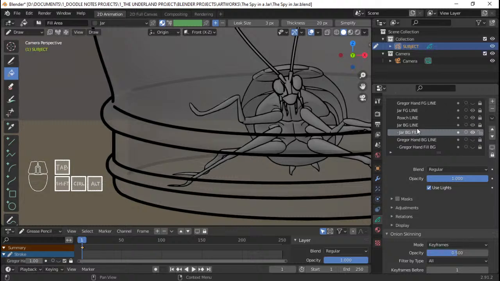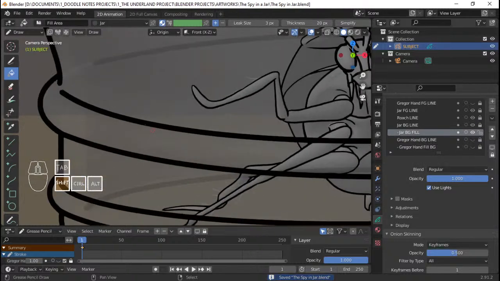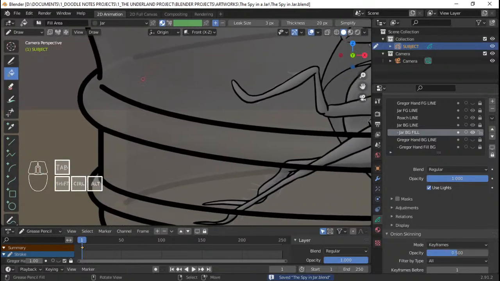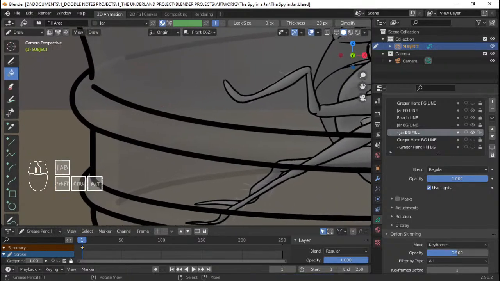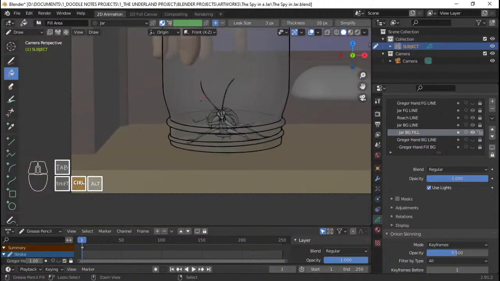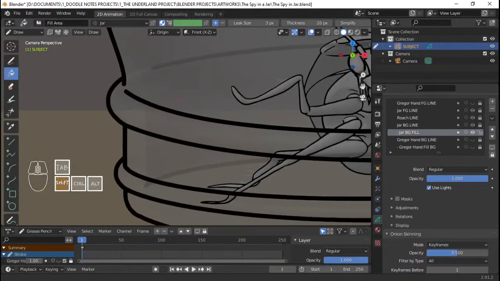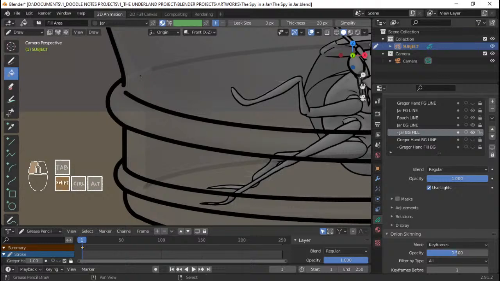I need to lock some of the layers here because I'm gonna do something like that. Bad idea. I'm just gonna quickly draw something like this.